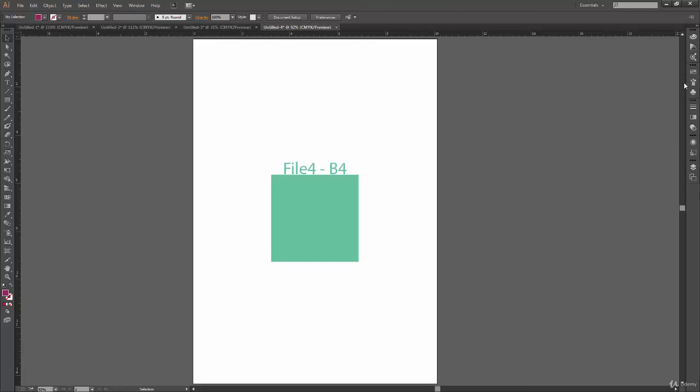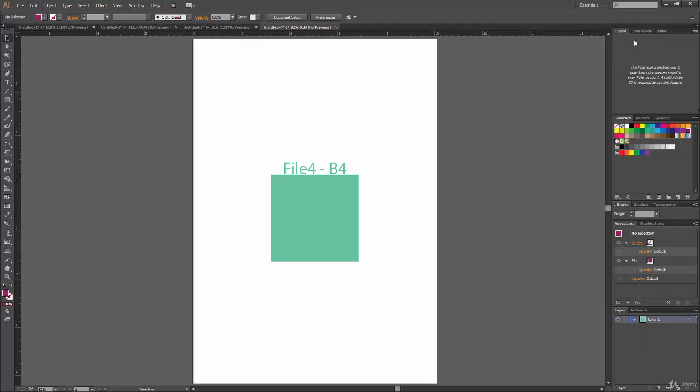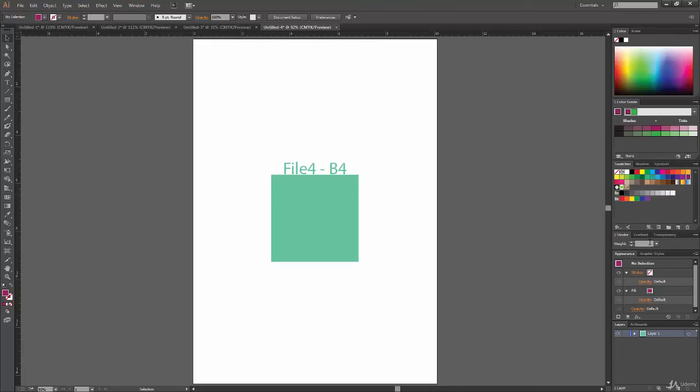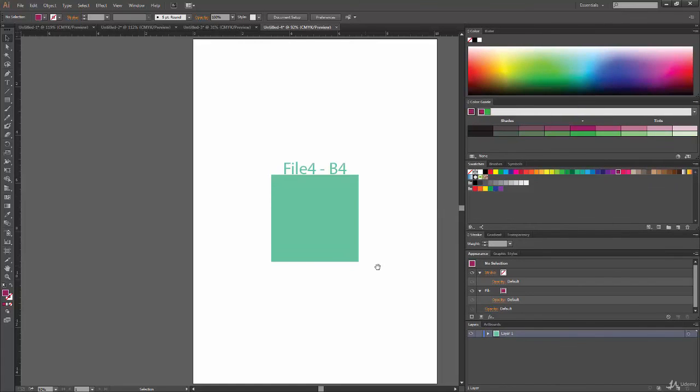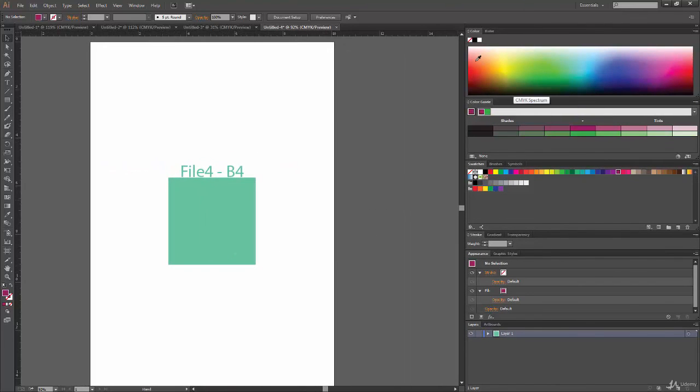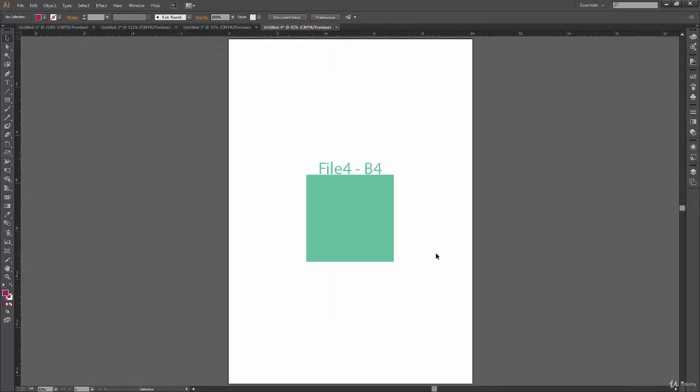So let's say I'm working on some color theory itself. I take that example again, and I want my color guide also over here. So let's just drag it up, and yeah, this makes sense for me if I'm working on some color theory. And for color theory, I probably need not this big space for artboard, and I want more space for my color palettes. Okay, so now let's come to a topic where I want to create my own workspaces.